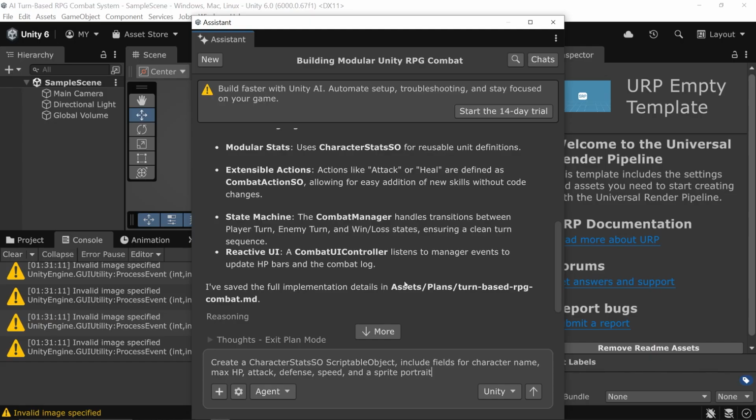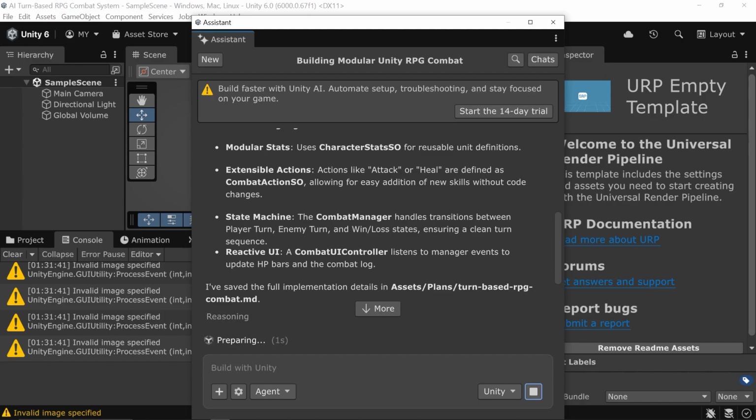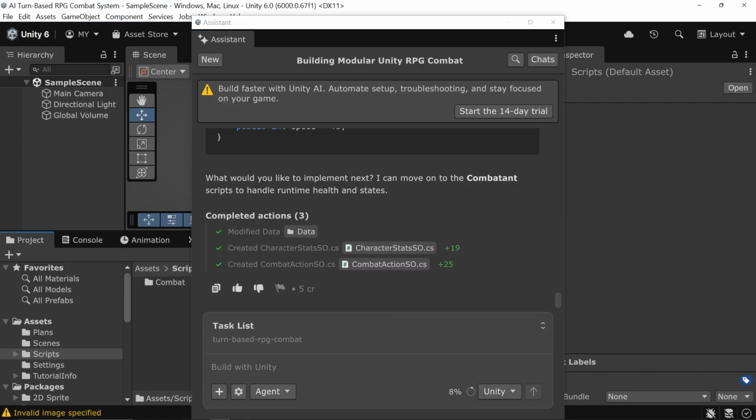Now I'm going to run this prompt. And once the AI assistant finishes generating the code, we'll review the results and continue building the rest of our combat system. Alright, so the generation has finished, and the AI created our character stats scriptable object exactly as we